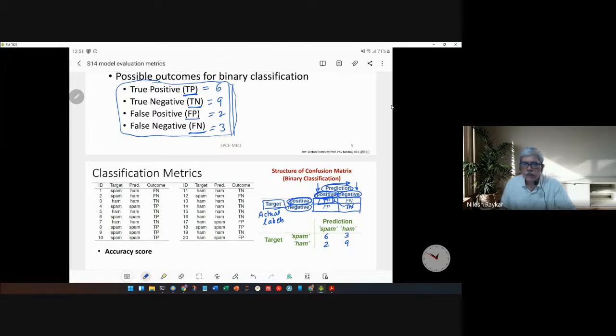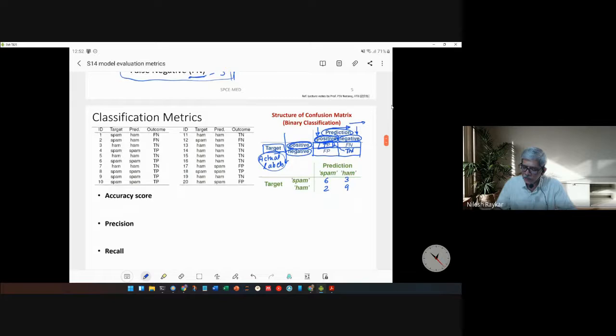So is it clear how the confusion matrix is developed? Just to recap, the confusion matrix for a binary problem is a 2 by 2 matrix. In the column direction you have the labels, and in the row direction you have the predictions, and the true positive, true negative values are as shown in this table. They are fitted into this particular matrix.